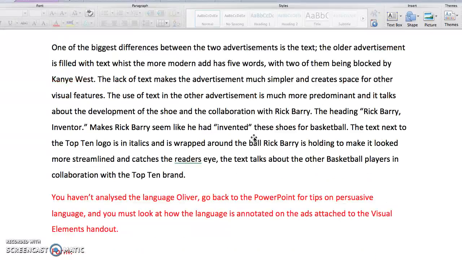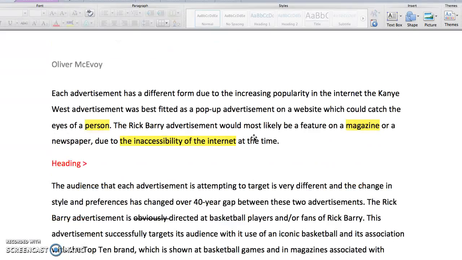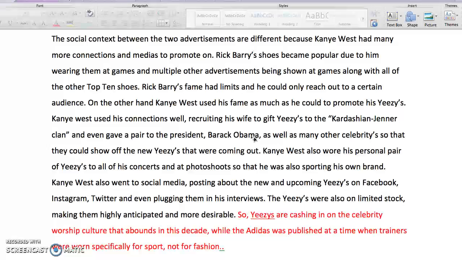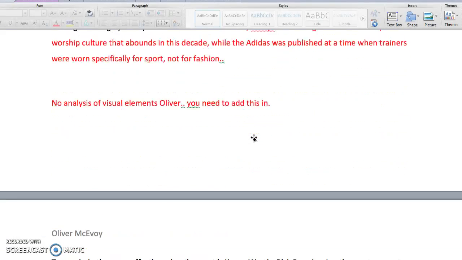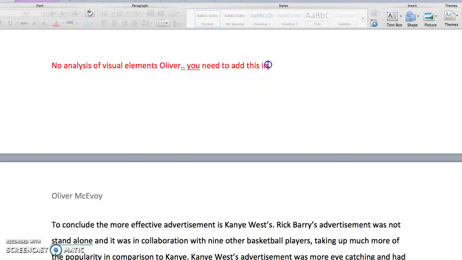You need to go back to the visual elements. You need to go back to the PowerPoint with language techniques, and you actually need to do some analysis. You need to use topic sentences. So while the Adidas Rick Barry advertisement has lots of text within the advertisement, in contrast, the Kanye West Yeezy advertisement has minimal text. And then you go and you analyze how the Rick Barry ad uses jargon,